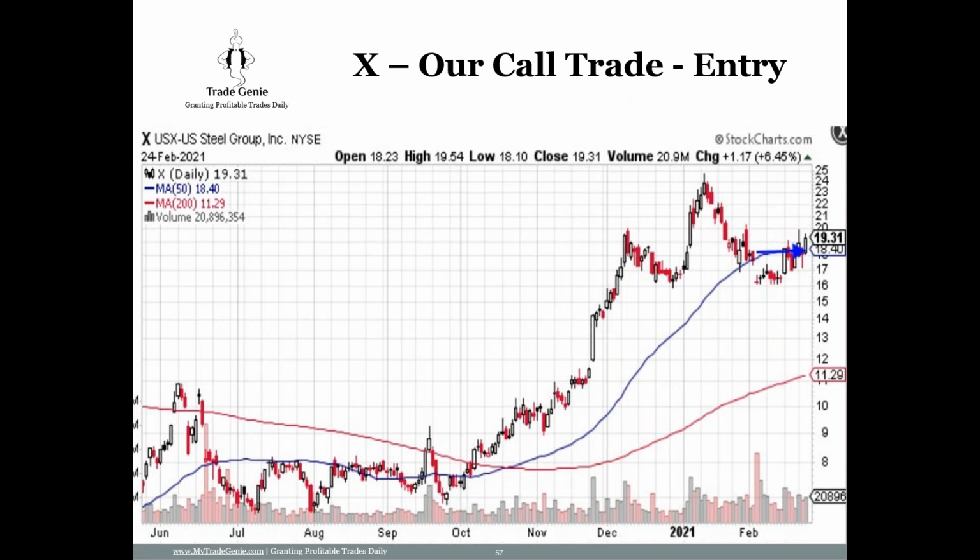Here is X. X is a killer trade for us. Made a lot of money. One of the members, he's in the Philippines. I mean, imagine, in the Philippines, he's trading X. He sent me his screenshot: 24,000 gains in X.